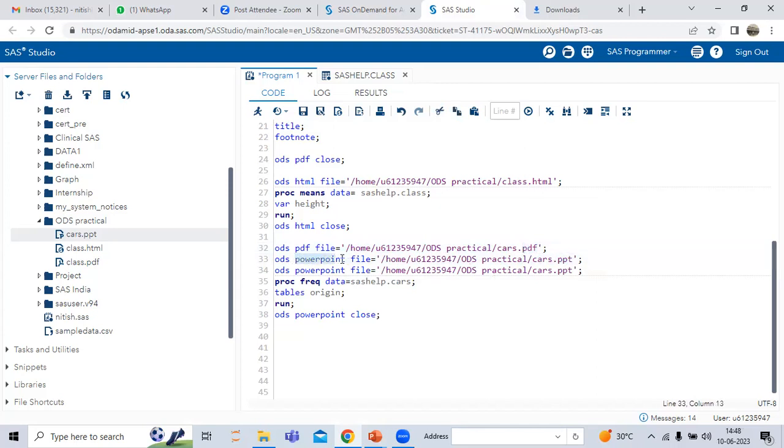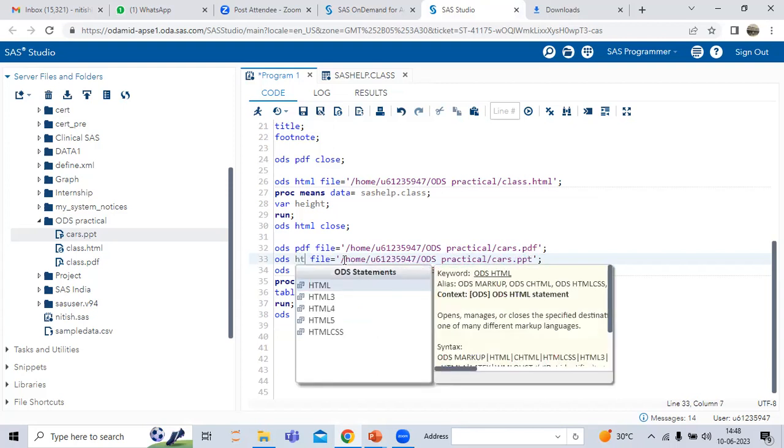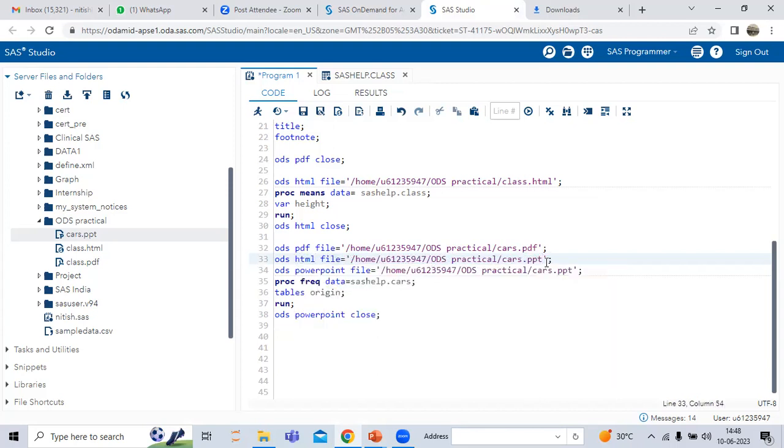Let me change it here, and I'm writing HTML, and here also I will write dot HTML. And instead of writing ODS PDF close, ODS HTML close,